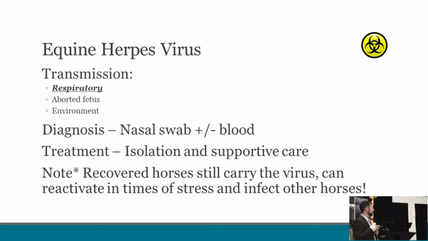Transmission is primarily through the respiratory route, although it can be through other routes as well. We typically diagnose that based on a nasal swab, and we may submit blood as well. Treatment for viral infections is quite similar to most of the viral infections we see: there's not really a lot of great drugs, or particularly drugs that are affordable against viruses. So typically we treat these infections through isolation and supportive care, and we let the horse's immune system kind of